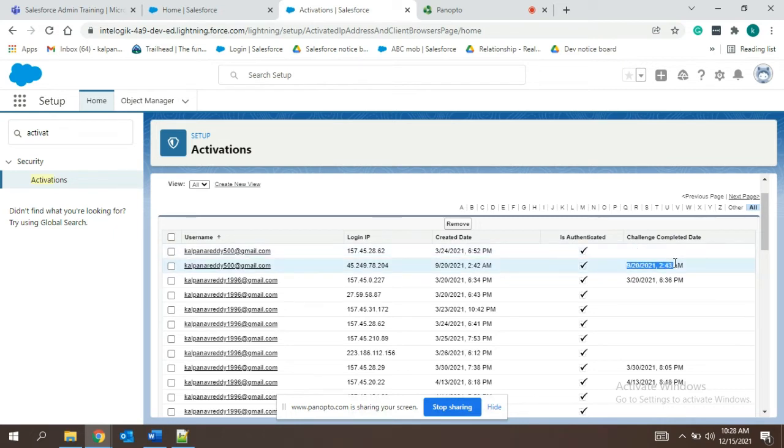Whenever you get a verification code, you will see it here, and when you log in without a verification code, you will not get this time here. Here this is showing I have entered a verification code to enter the Salesforce org. Okay, this is done. And if you want to remove all these IP addresses, you can click, I don't want these two IP addresses to log into the Salesforce. So I can check mark both and click remove. I'll not do this because it will log me out, so I'll do something which is previous one.